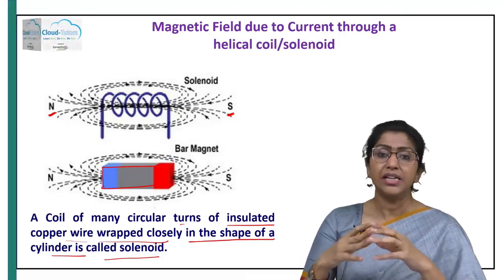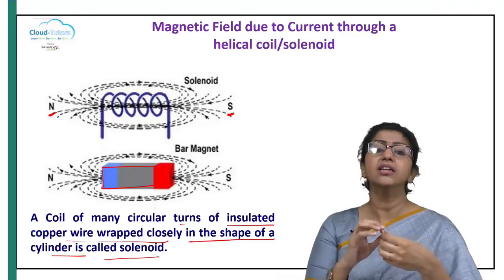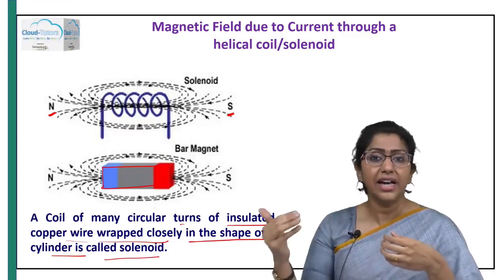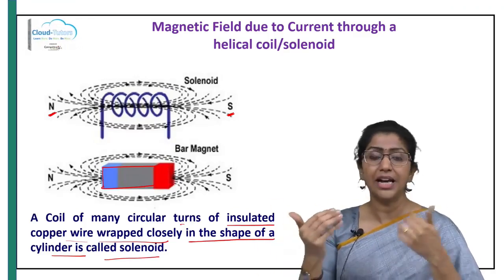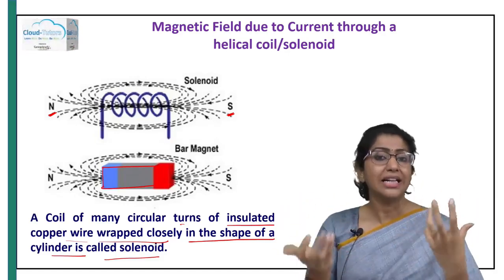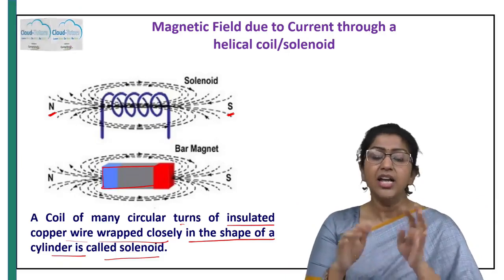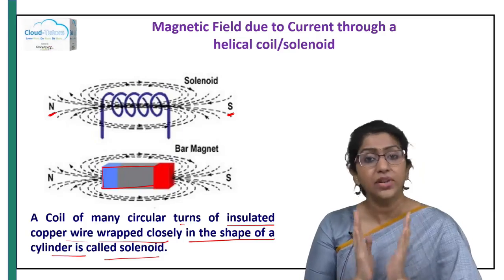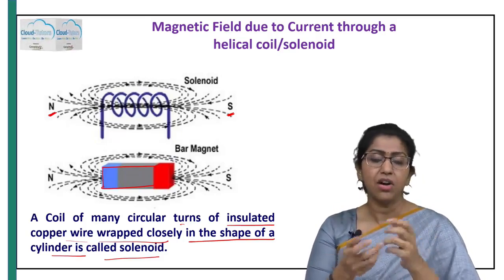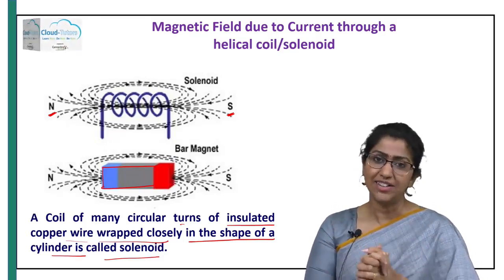Why is it temporary? Because as and when we stop passing the electric current, that is, as and when the electric charges stop moving, they do not create any kind of magnetic field around them, and hence the magnetic field basically disappears, or magnetism disappears from that particular copper wire, right? So they are called temporary magnets, and this effect is only temporary. How can it be brought back? Just by passing the electric current.